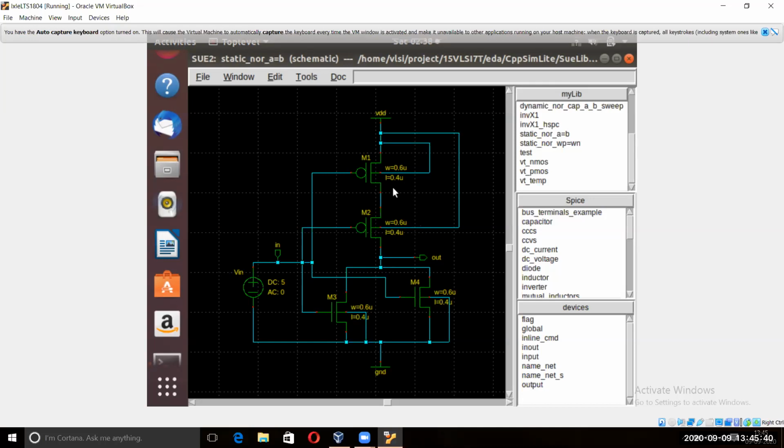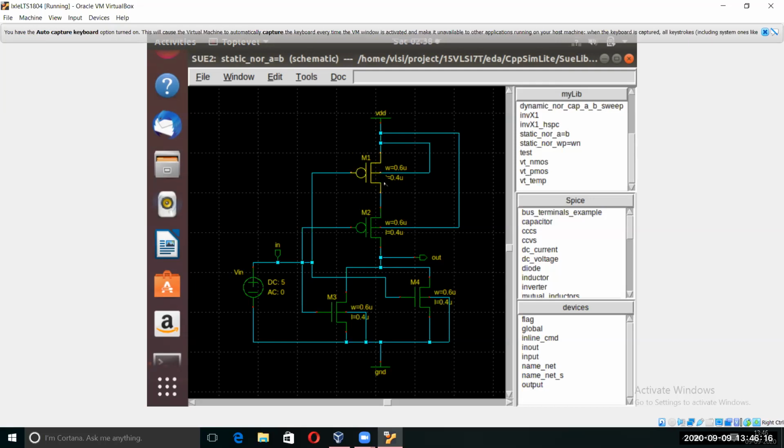As we have seen the schematic, for the NOR the same is done here, and I have made the circuit connection. So M1, M2, M3, and M4. M1 and M2 are our PMOS, and M3 and M4 are our NMOS, connected in parallel. You get that? And the PMOSs are connected in series. This M1, I have taken as B. There were two inputs, and we are naming them A and B, for both the PMOSs and NMOSs.